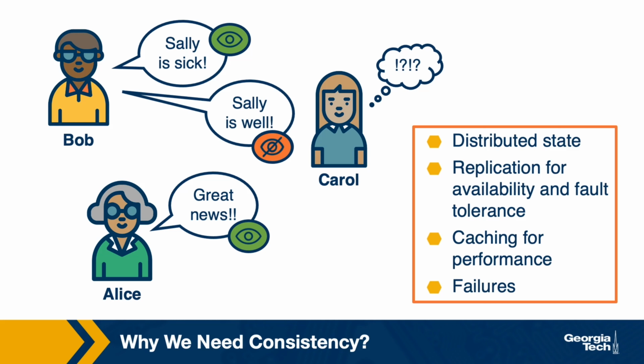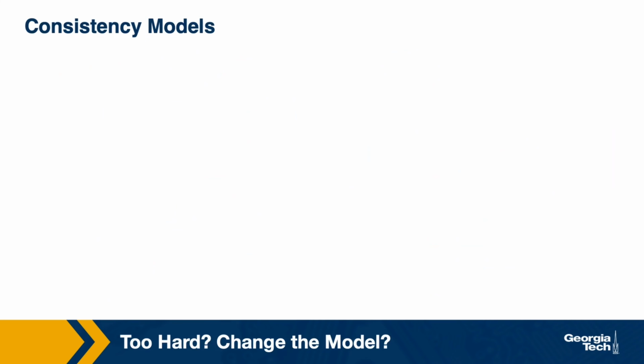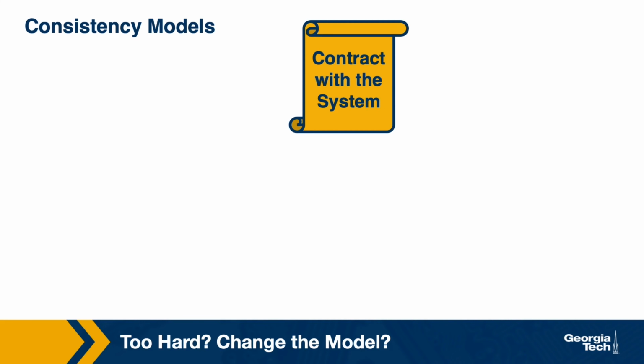We need guarantees about the ordering of the writes so that somehow great news doesn't become visible to Carol before the update Sally's well. This is clearly important, but it is made hard by the fact that we maintain multiple copies of the state and then further complicated with various forms of failures. The need for consistency, coupled with the need for performance and availability, have led to a sort of compromise. The compromise is that we provide consistency, but we decide what type of consistency model to support. A number of consistency models exist.